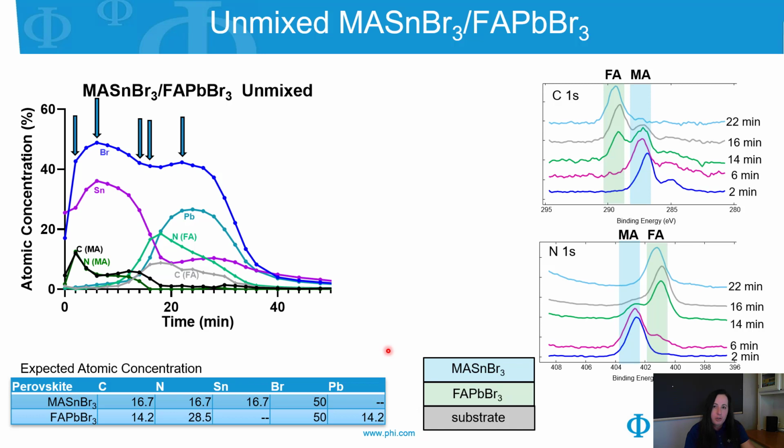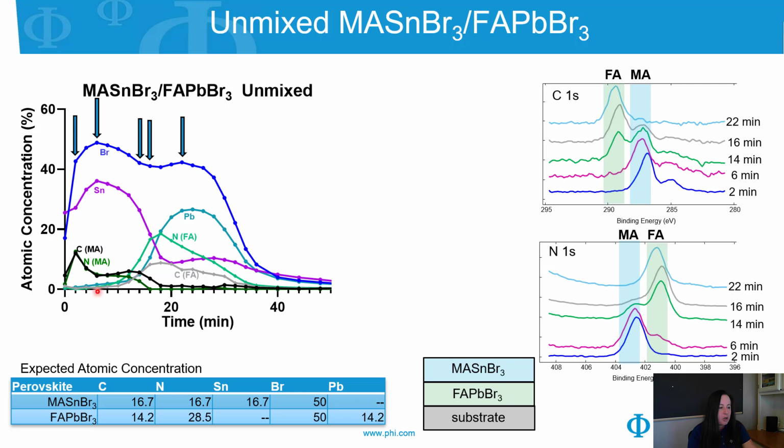So this first one is unmixed. What I've done is I have shown, again, a simplified version without the substrate included. And then I have indicated with arrows a few key points along the depth profile that I've then selected some spectra for the carbon and the nitrogen. So what we see is the tin